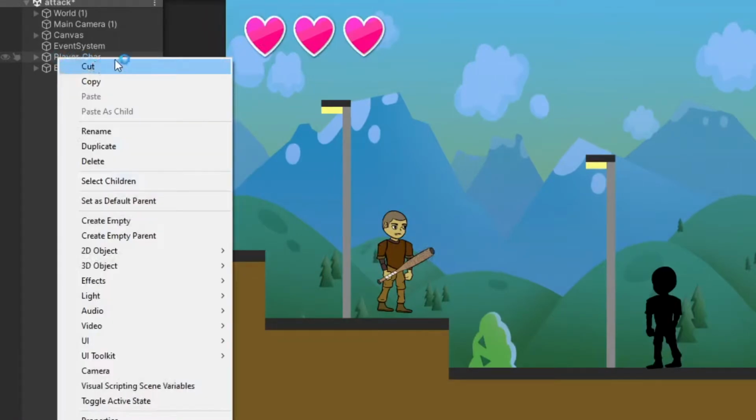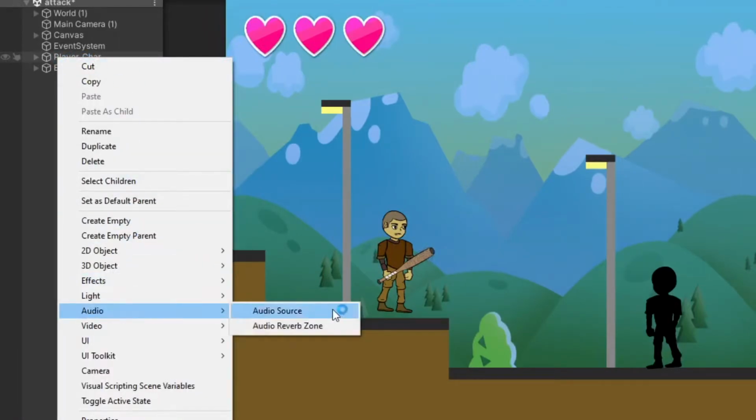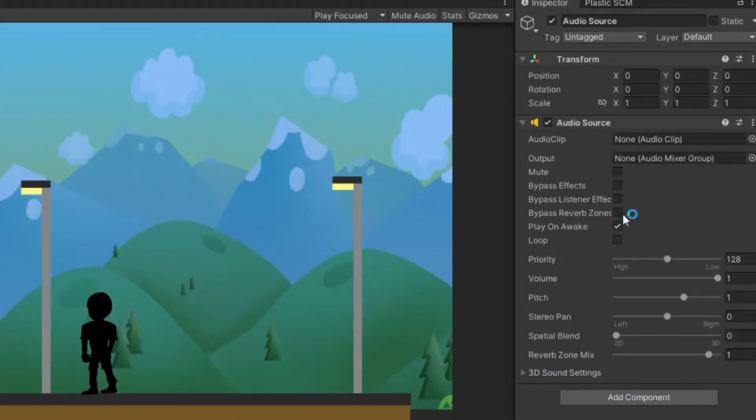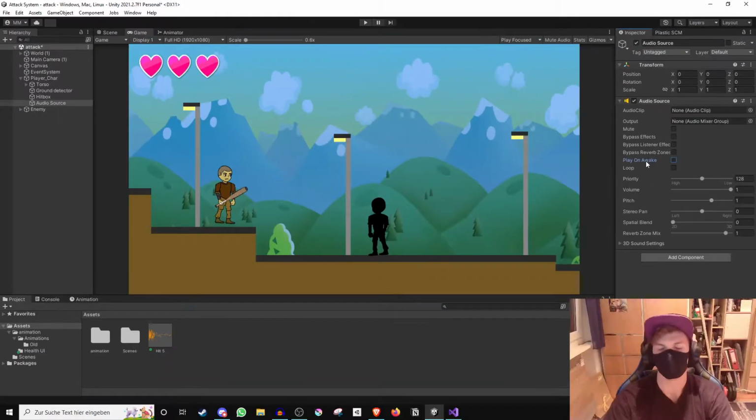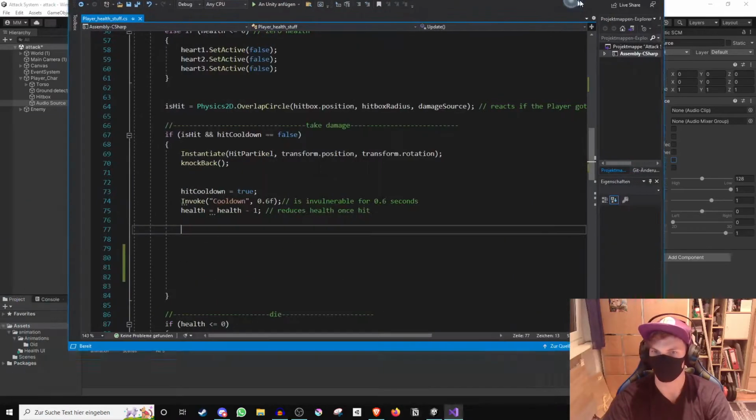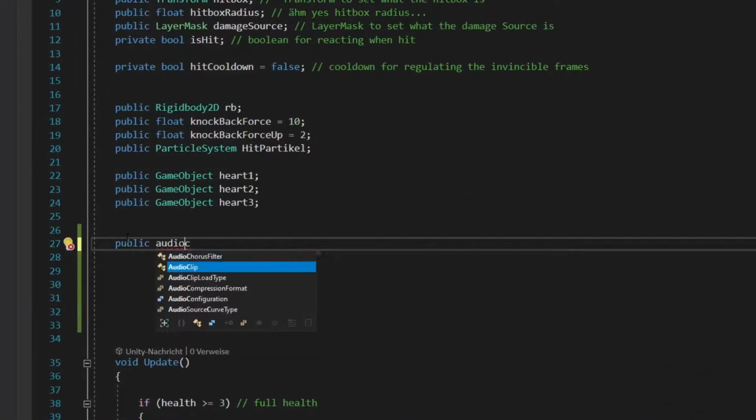Now right click on the player here and create an audio source. Now very important, remove the tick by play on awake or else the sound effect gets played each time you start the game. I will now go into my player damage script